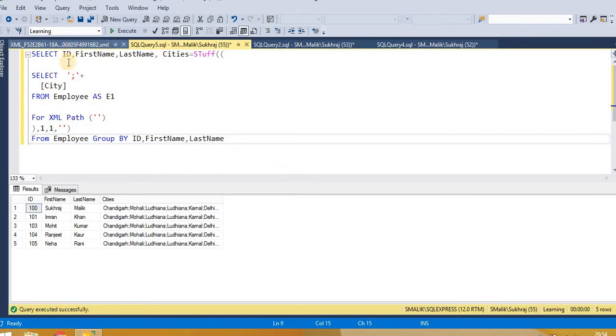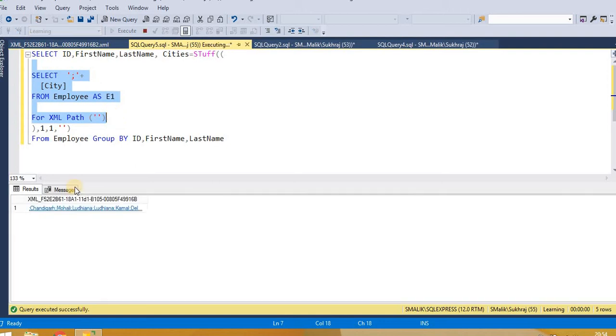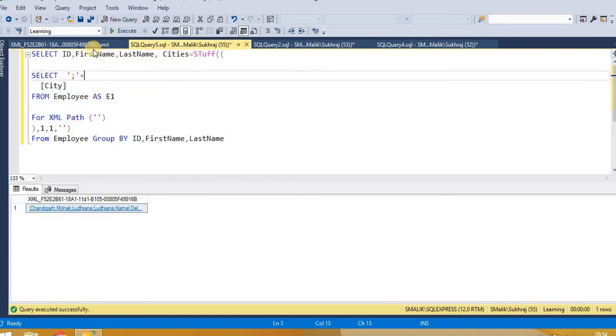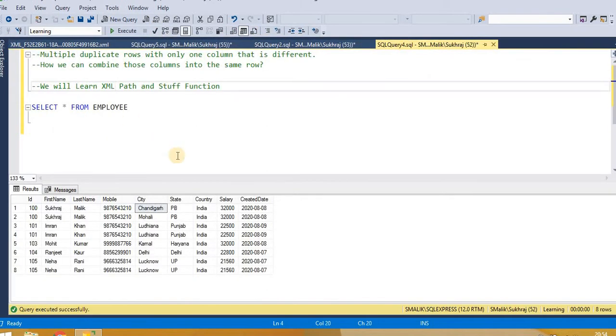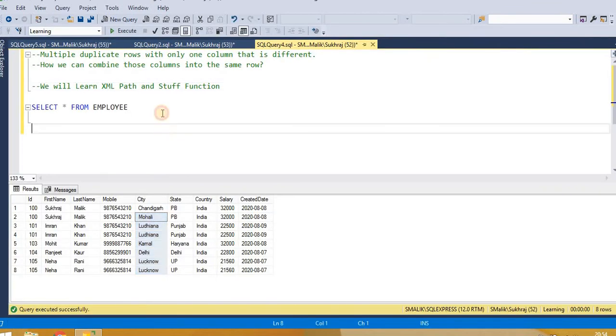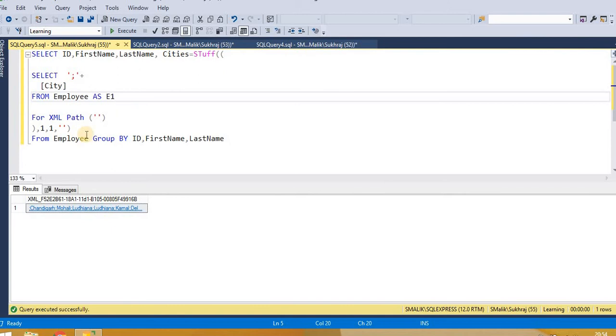What we did in the inner query where we use the XML path is that it just returns one column, which contains all values of the cities regardless of any employee. See, it's returning all these values. Now what is this one?